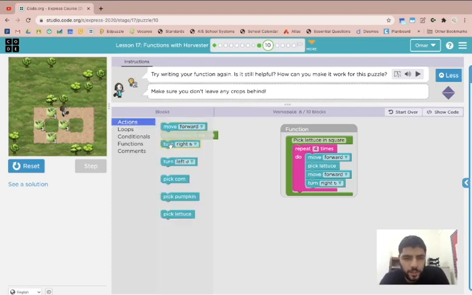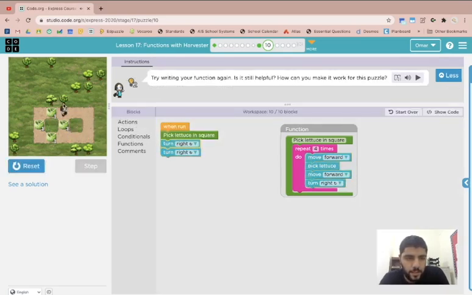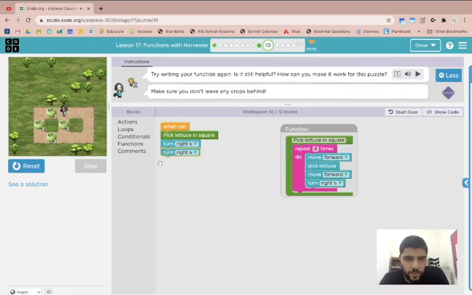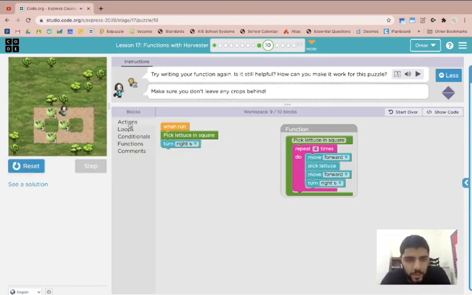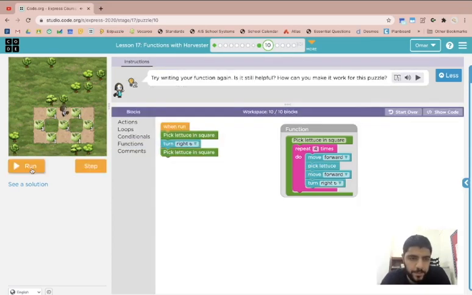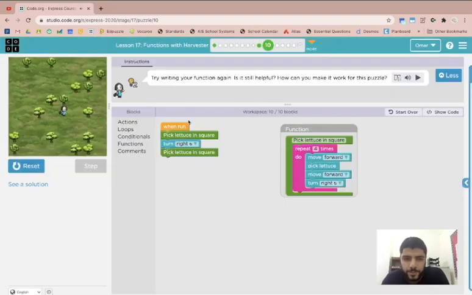So we need to turn right twice so that we can face. Let's do this. Then, oh, just once. I want to face down. So I'm facing down right now. And all I need to do is say pick lettuce in square again. Let's see if this works. There we go. So I was able to use my function twice,